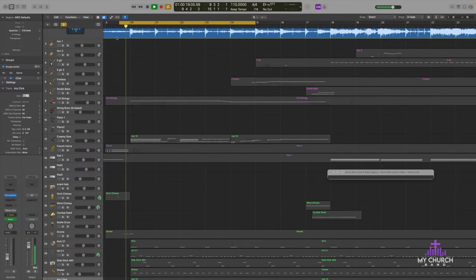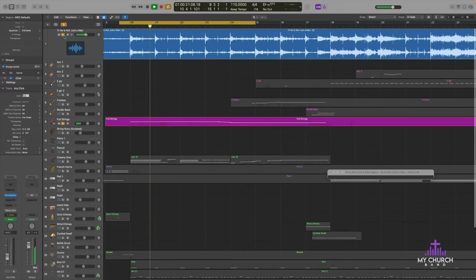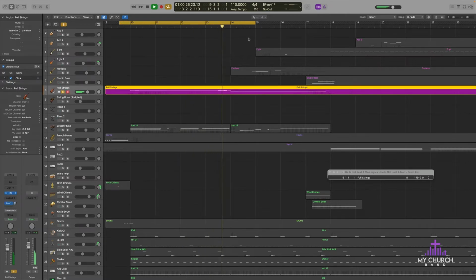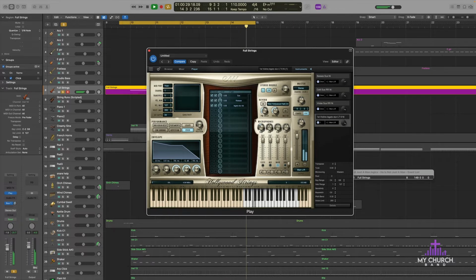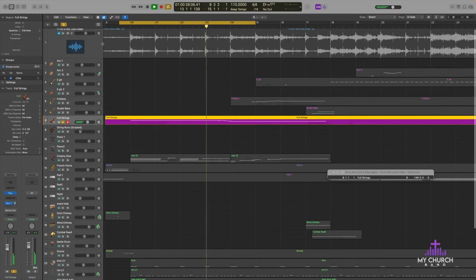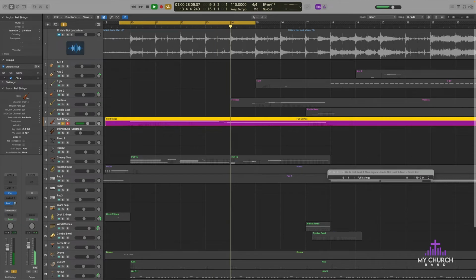I have these strings on here. And this string here is from East West, their play engine, their sampler, called Hollywood Strings. And it's a full string set, so it's not like just a violin or just a contrabass or just a viola. All right. And then I have this here, it's a sine